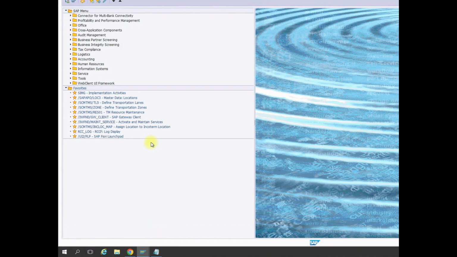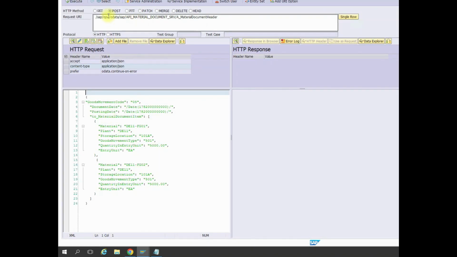Today we'll be learning about how to post stocks using standard SAP API. So for that, navigate to the transaction code and then select the POST method and enter the complete endpoint where API_MATERIAL_DOCUMENT_SRV. The highlighted part is our API name and this is the entity set, and select HTTP and select